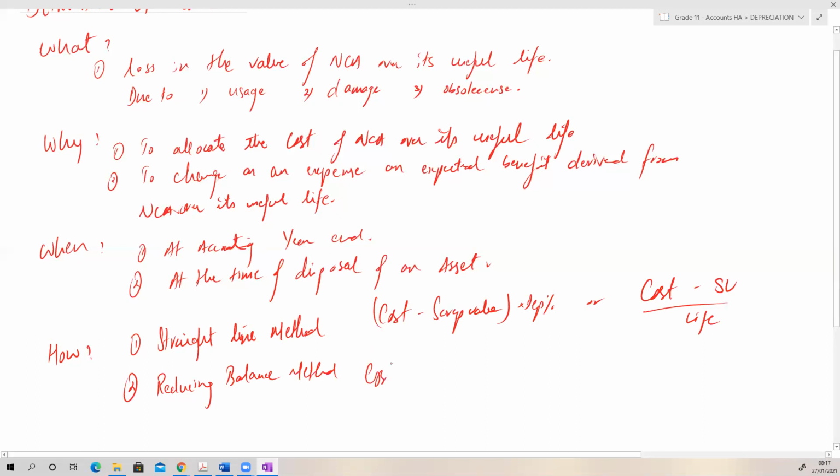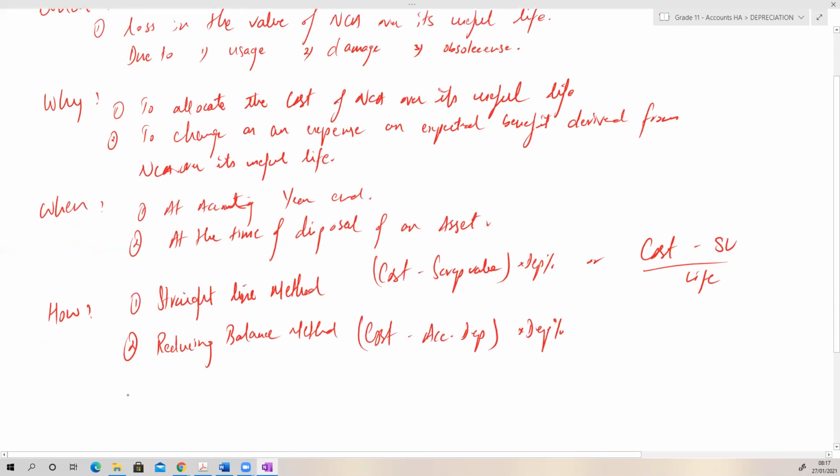Reducing balance method का formula is cost minus accumulated depreciation, times depreciation percentage. ठीक है. And the last one is